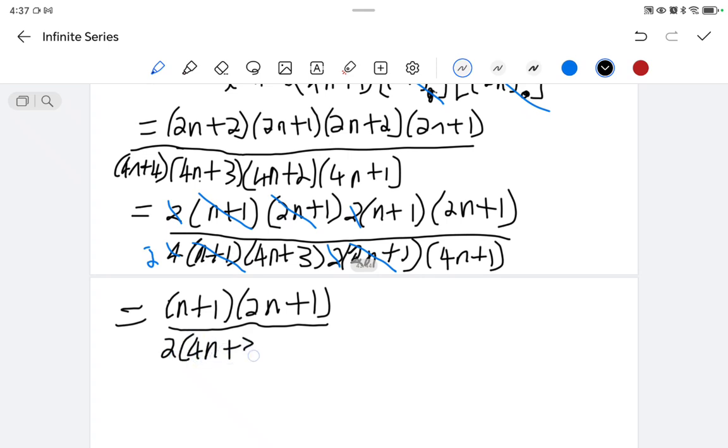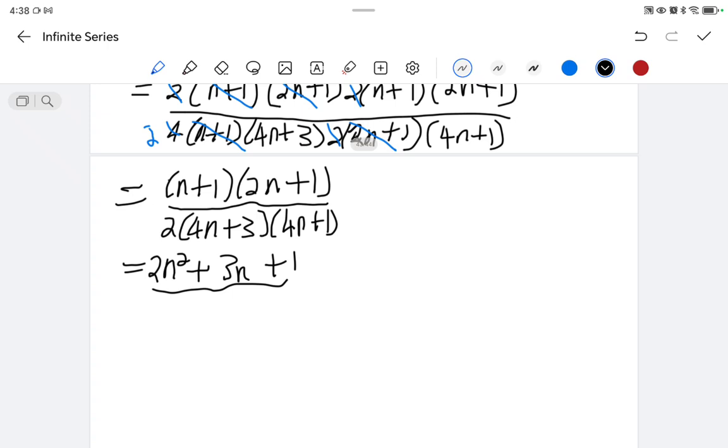4n plus 3, 4n plus 1, and this would be 2n squared plus, is it 6n? Let me check. 2n plus, this would be what? 3n. Yeah, it won't be 2n plus n, it's 3n, not 6. 3n plus 1 all over, and this would be